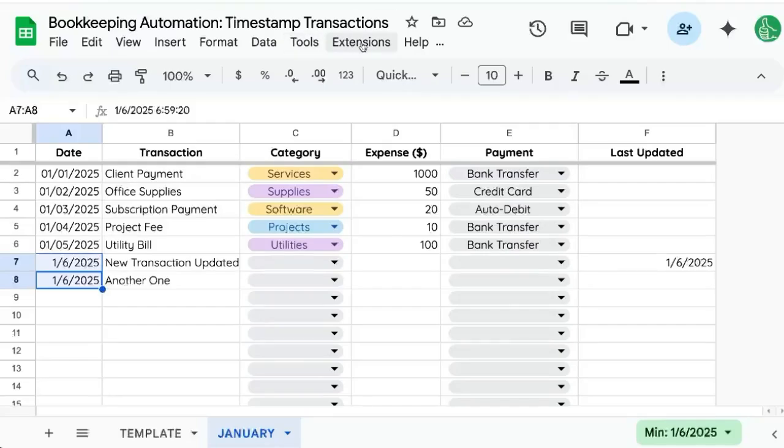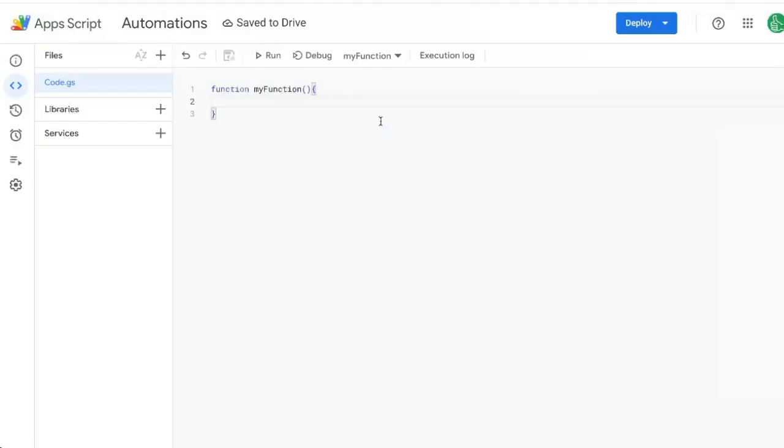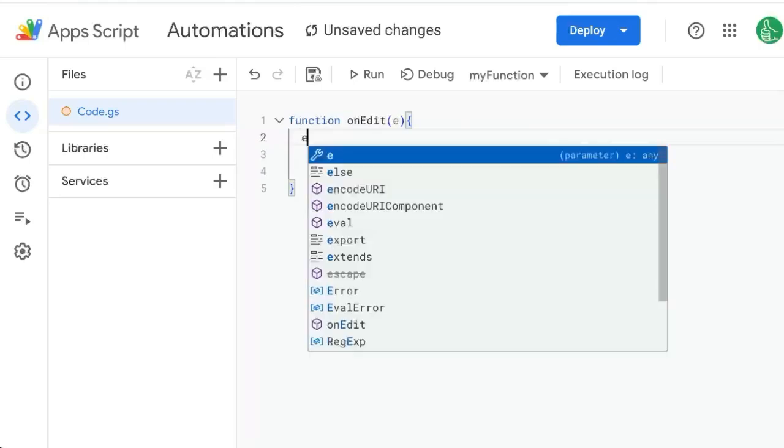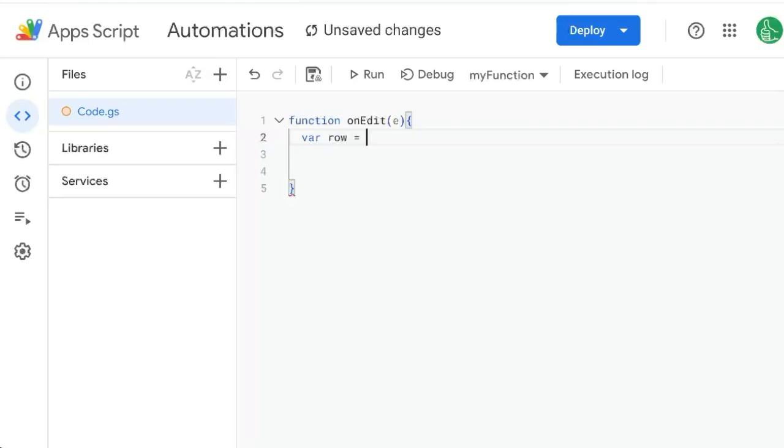How you get to the code is go up to Extensions, AppScript, and it will open your AppScript here. It'll look like this. We're going to change myFunction to onEdit with a capital E. We're going to put an e inside of the parentheses as well, and let's get to coding. Basically what this onEdit is doing is every single time a cell is edited, it's going to create this event and go through this, and we're going to get some interesting information, like var row = e.range.getRow();